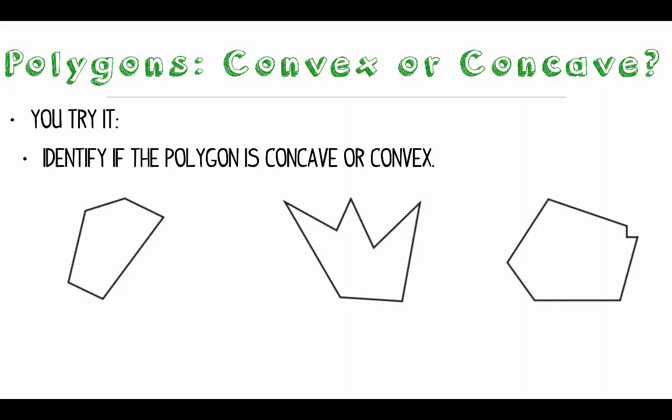Welcome back. Hopefully you had a chance to identify these as convex or concave. I'm going to count up sides too just for the practice: 1, 2, 3, 4, 5. This is a pentagon here, right? So we have a 5-sided pentagon, and as I extend my lines, nothing except for my poor penmanship is crossing into the interior of this polygon. This is a convex